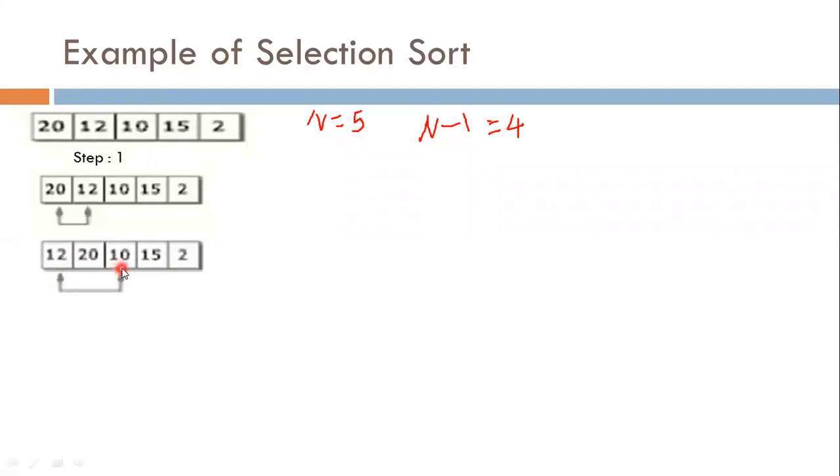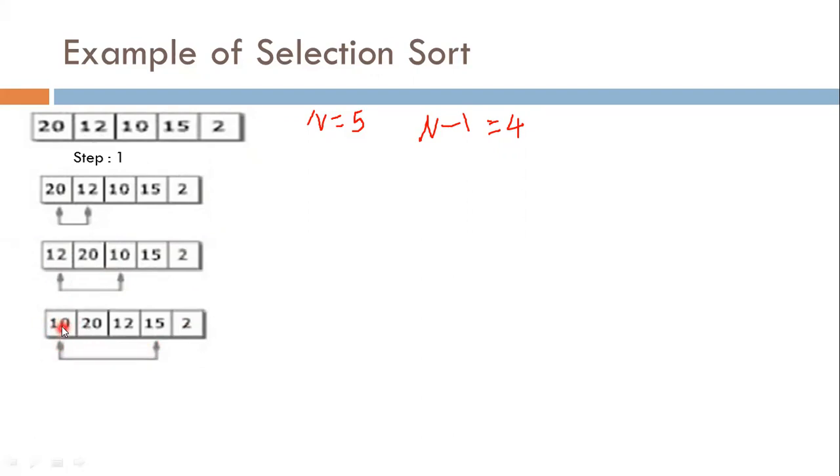The smaller element is 10, meaning these two elements 12 and 10 are not in order. So we have to interchange both values, 10 and 12. In the next step we get 10, 20, 12, 15 and 2.